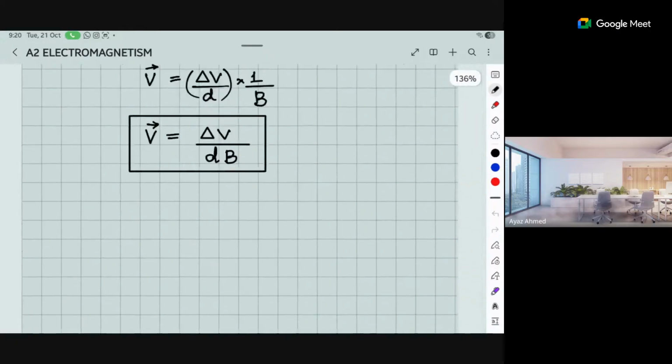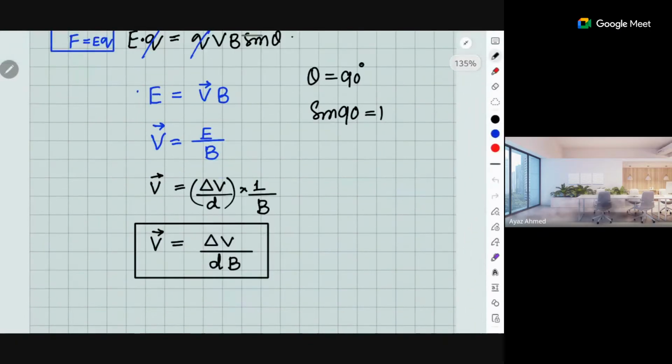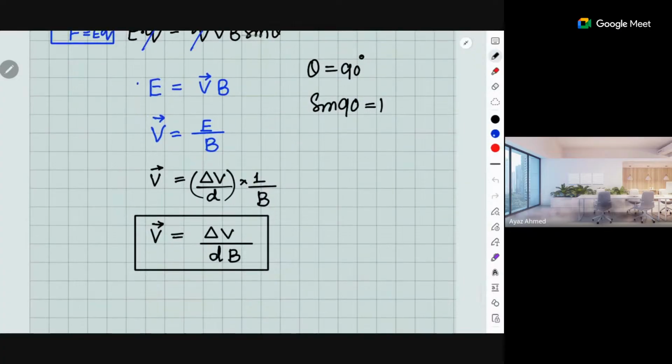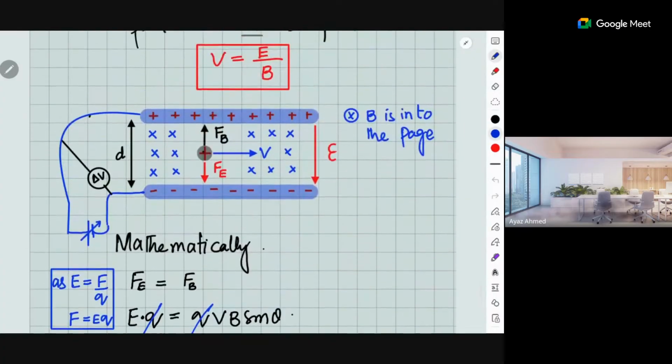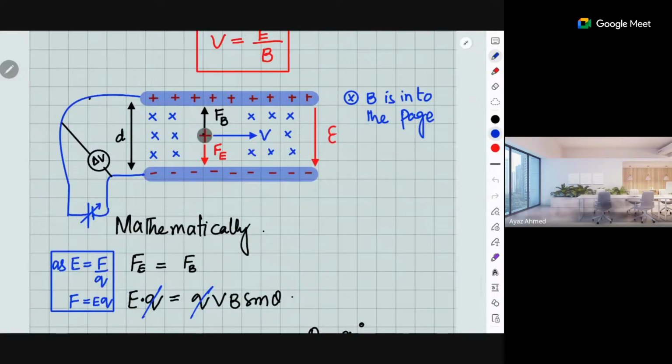We are at this topic. Yes, Yahya and Zoya, you are both present in the class right now. So we had reached this point, velocity selector. Is my screen visible to everyone? Yes, sir. Okay, so here we go. We were talking about that. Actually, this point is somehow related to